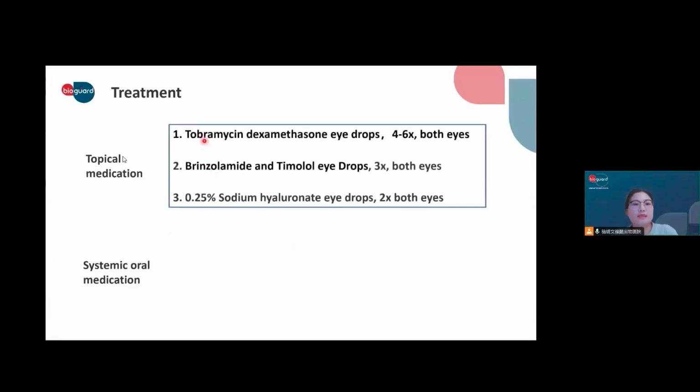Here, we gave him tobramycin dexamethasone 4 to 6 times a day for both eyes, brinzolamide and timolol 3 times a day, both eyes, and sodium hyaluronate eye drops to protect the cornea 2 times per day. We also gave him systemic oral medicine,